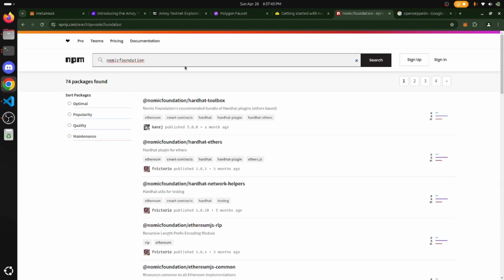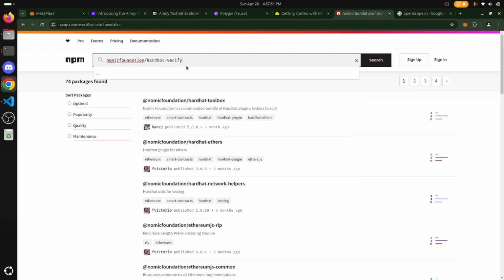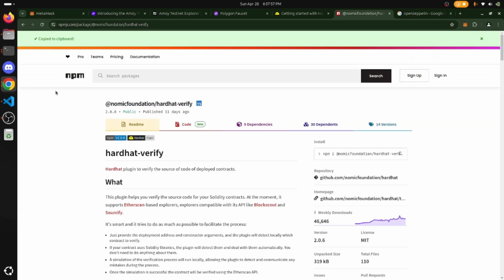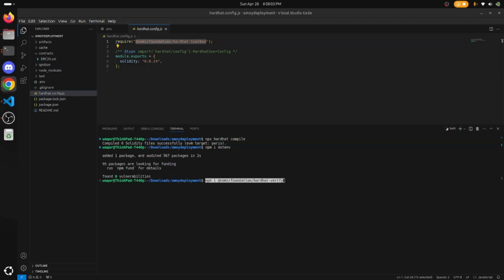I don't know why it is not showing, so just search hardhat-verify. Okay, so we need this package to verify the contract, so just copy it and paste. So once it is done, then we can just hit enter, and after it is installed,